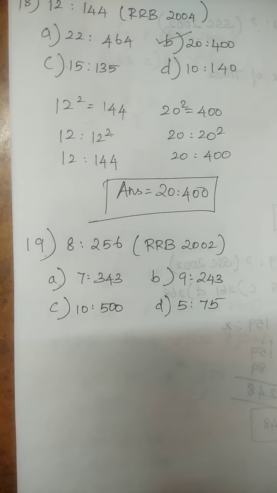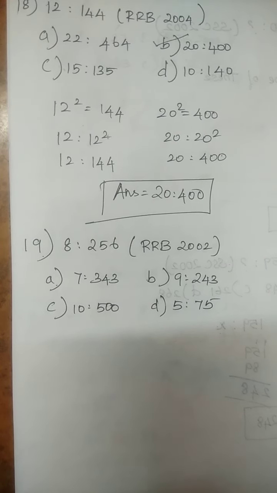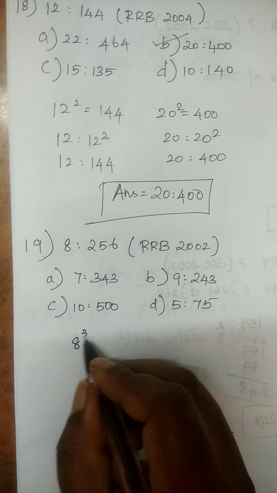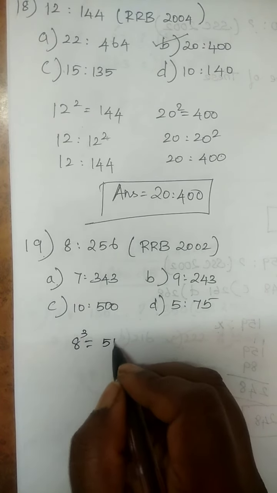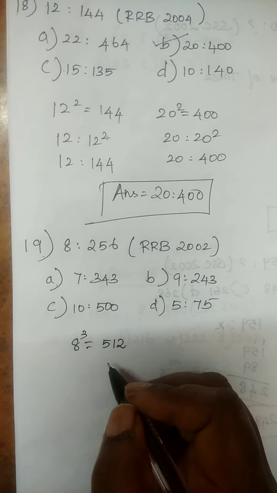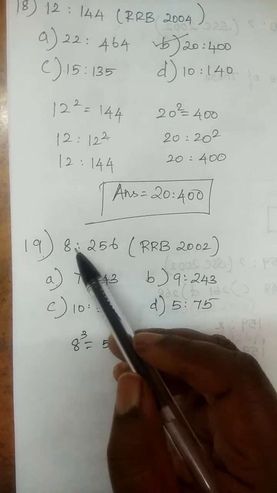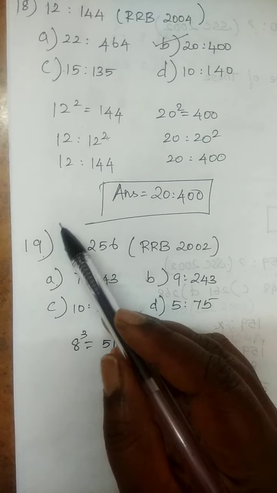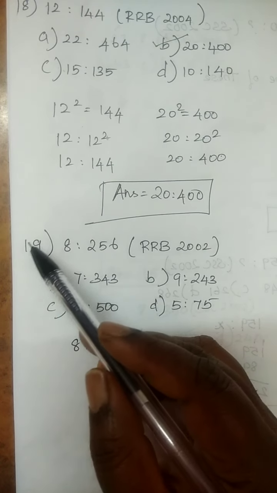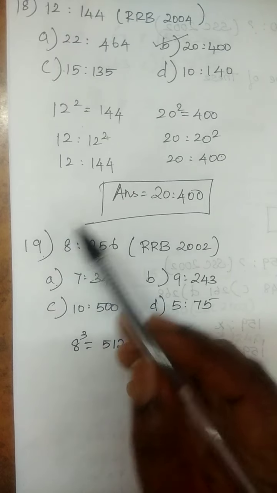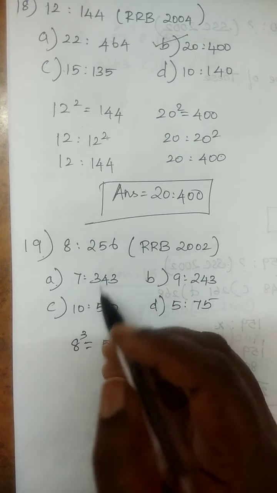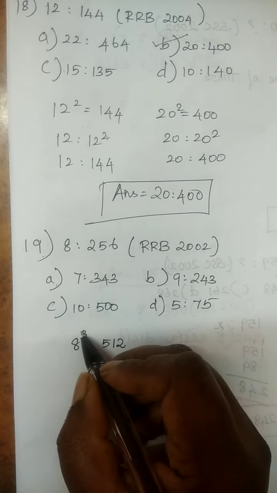So, what's the relationship between 8 and 256? Whether 8 cube is 256? No. 8 cube is 512. On seeing that, we can easily say the process of 8 is any 8 square or 8 cube, or 8 cube plus addition, or 8 square plus addition, or division by some other number, only then we will get the answer 256. So let us check like this.